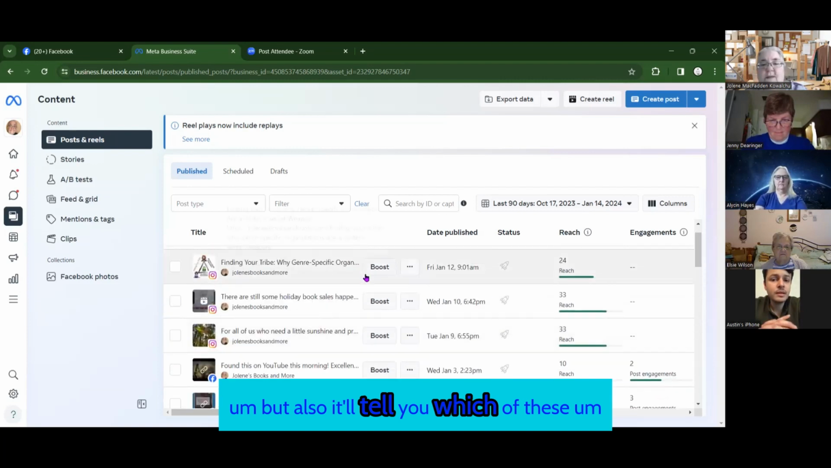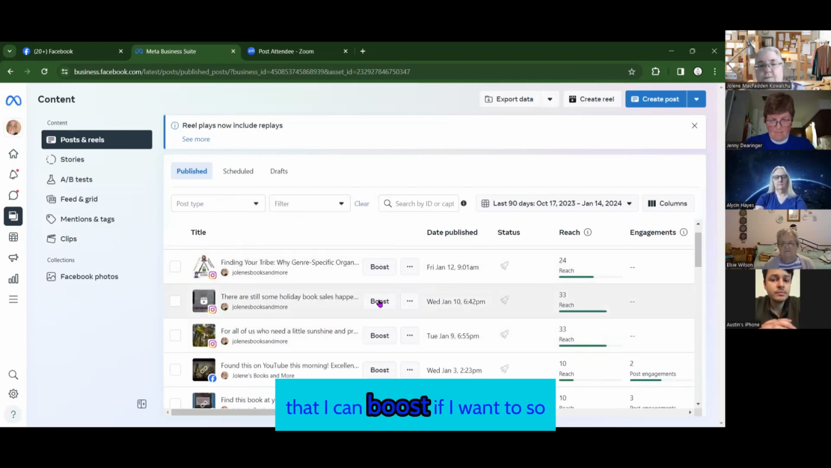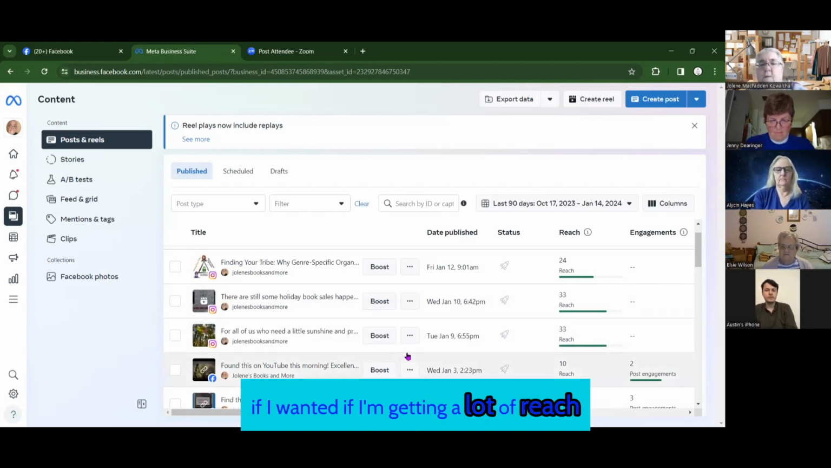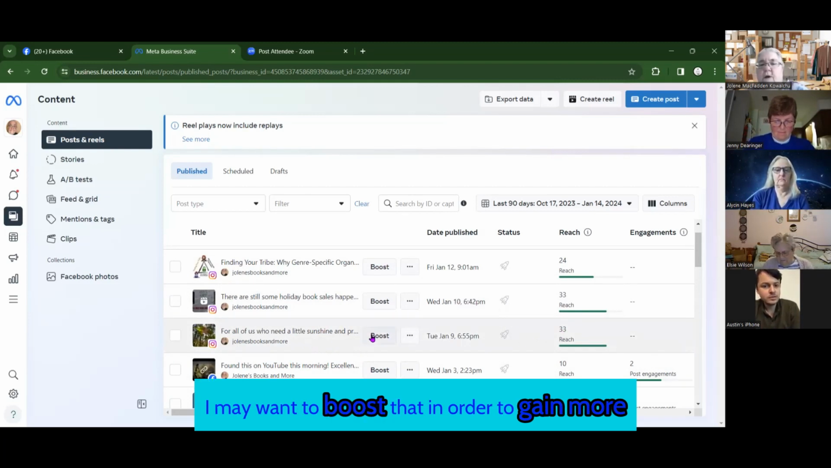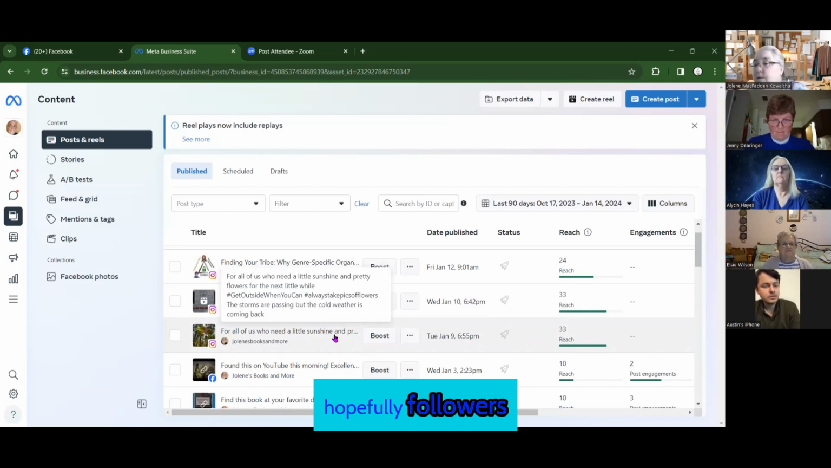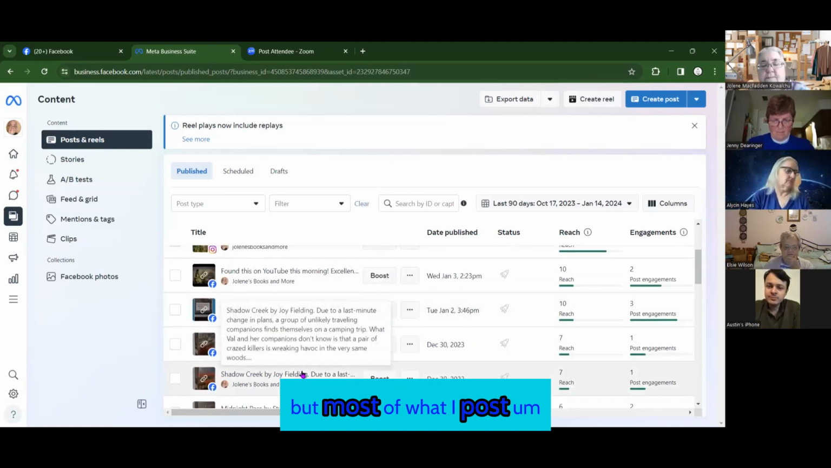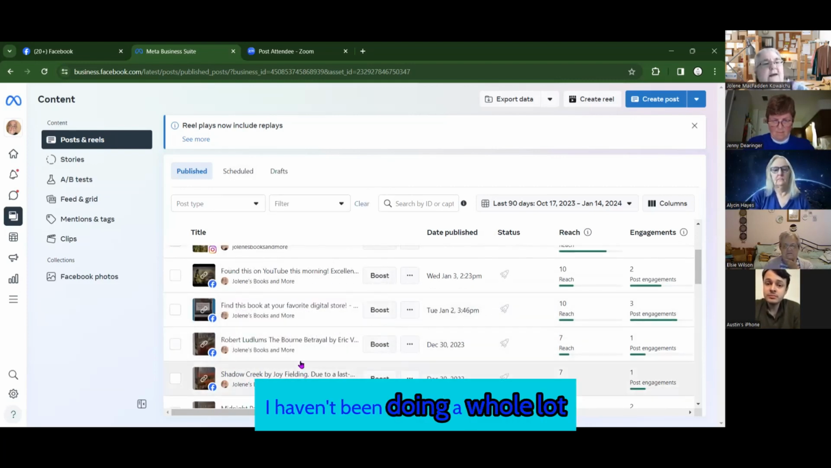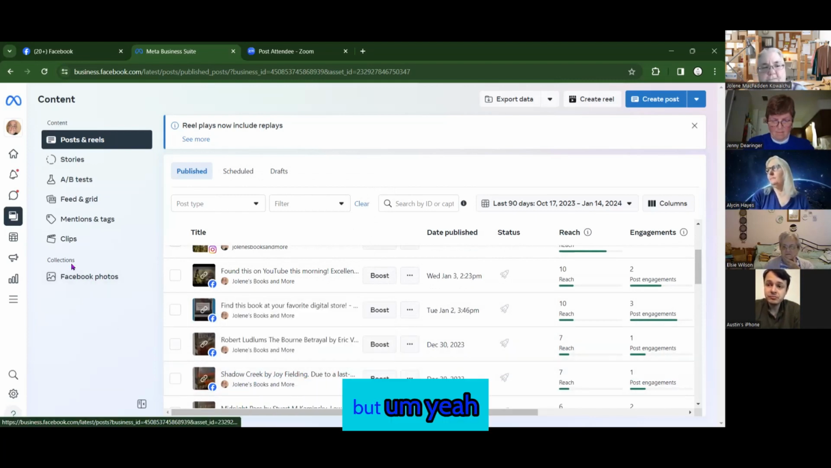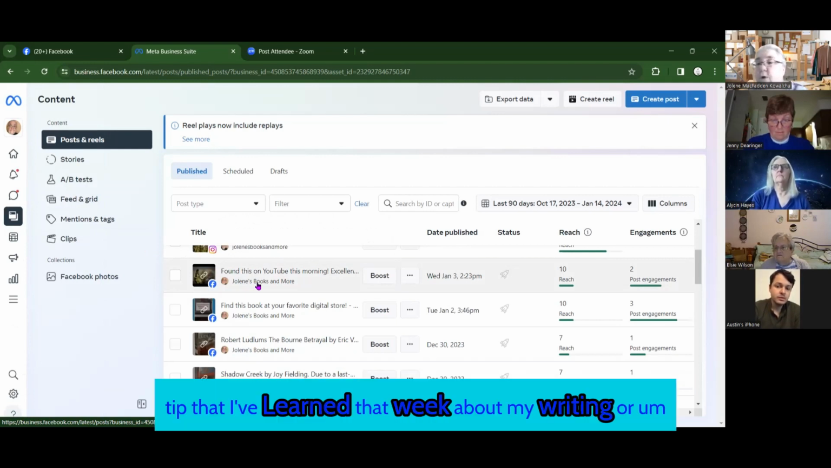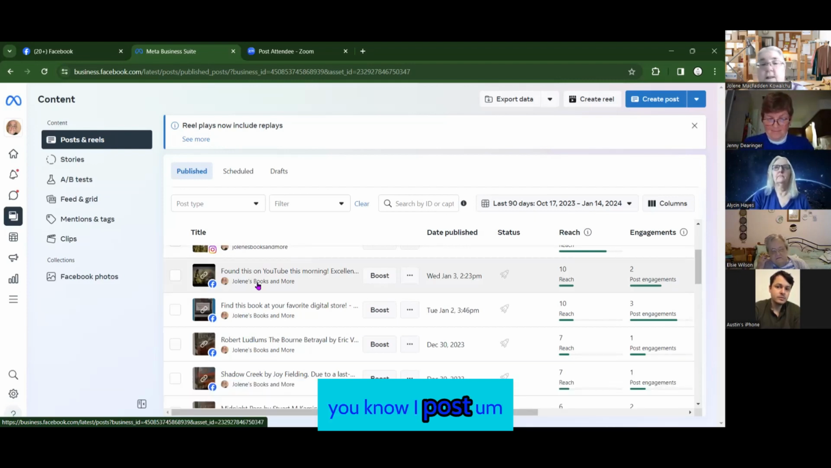But also it'll tell you which of these I can boost if I want to. Usually they charge me like $14 to $20 depending on the type of post and how old it is. If I'm getting a lot of reach, I may want to boost that in order to gain more, hopefully, followers. But most of what I post, I haven't been doing a whole lot because I've been sick over the last month. I try to post something fun once or twice a week. I post a helpful tip that I've learned that week about my writing, or I post